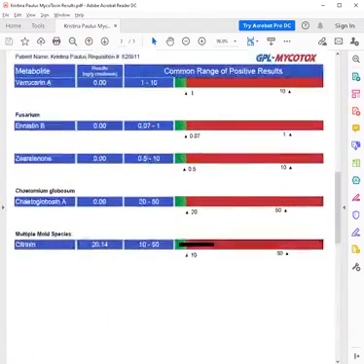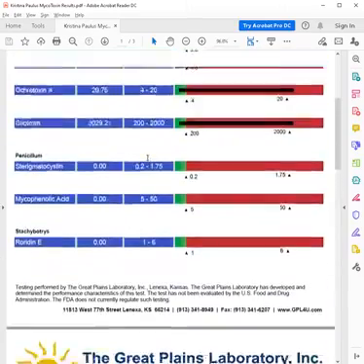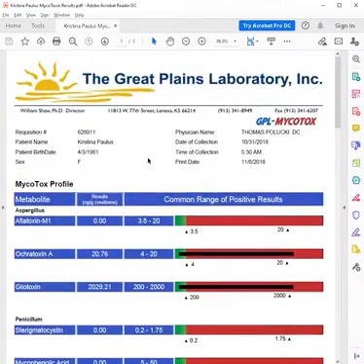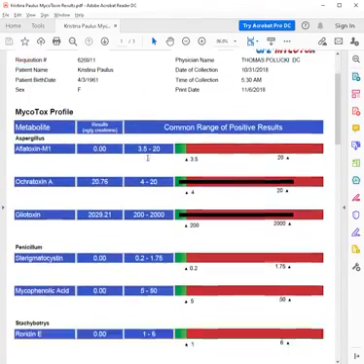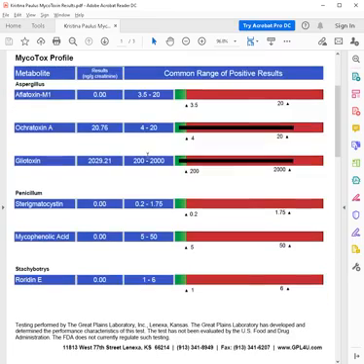So this is the Great Plains Laboratory Mycotoxin Test, and I think it's an absolutely awesome test, and I have taken more than one, because I wanted to know how I was doing. And I also was reinfested with mold on several occasions, and so I usually will take another test then. So if you would like to get one of these tests,